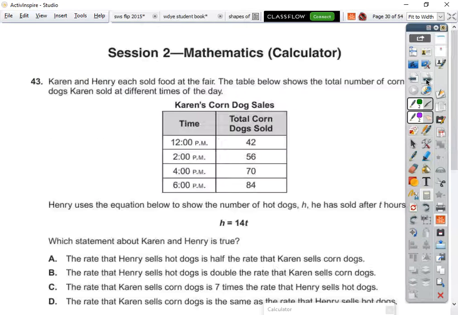Next page. Henry and Karen each sold food at the fair. The table below shows the total number of corn dogs